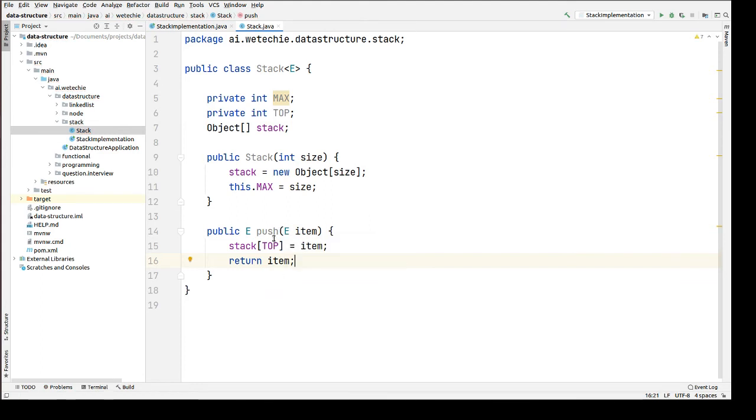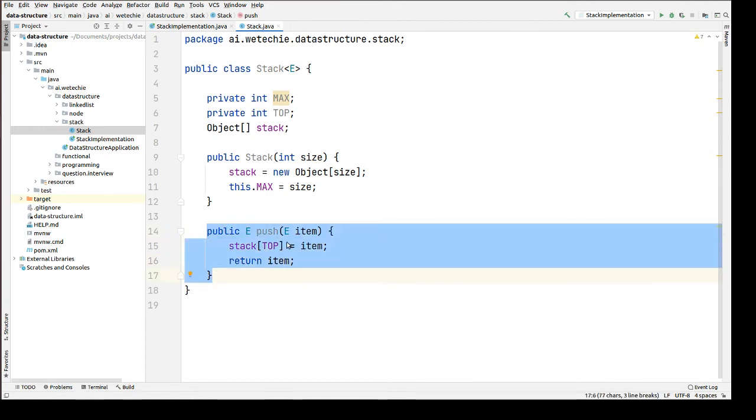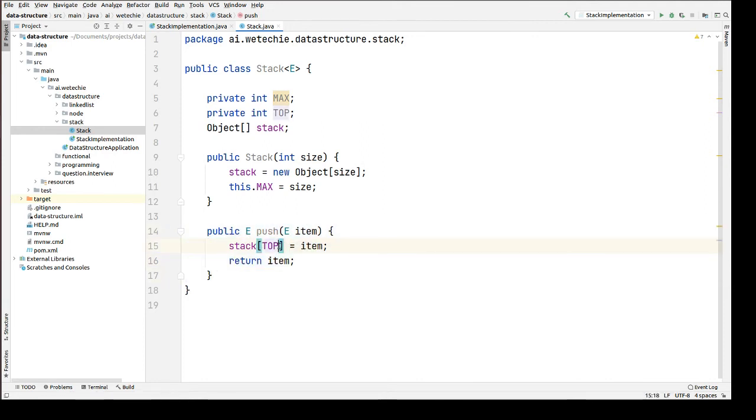Now the next thing is, let's say we have added one value, one element here. When we try to add the next element into the stack, it will get added into the same index because we are not increasing this top value. Top value is by default 0.